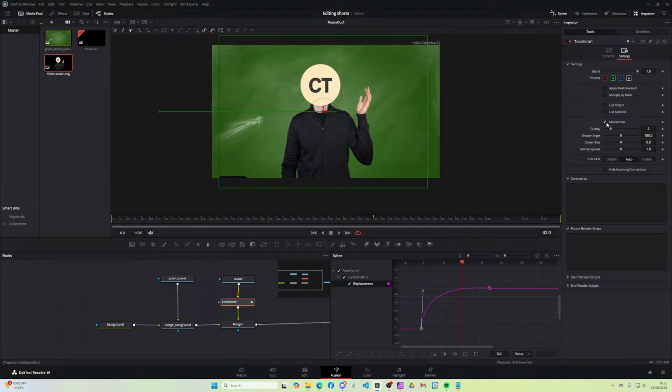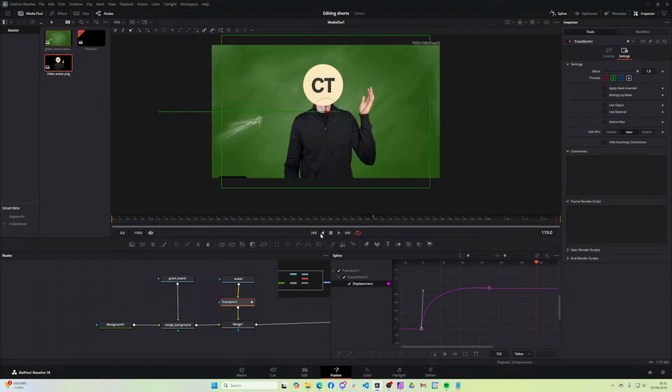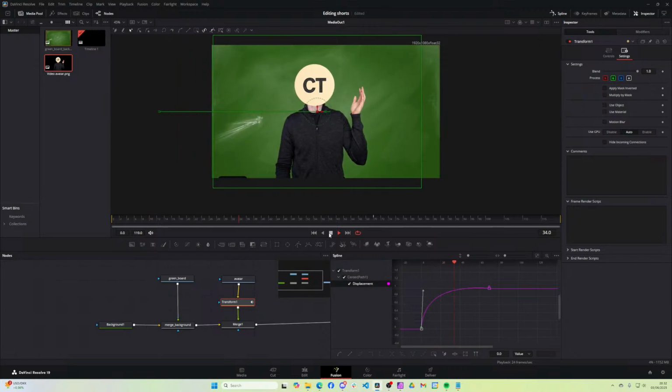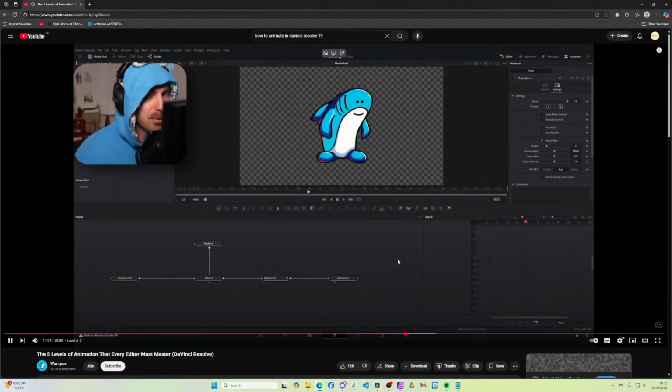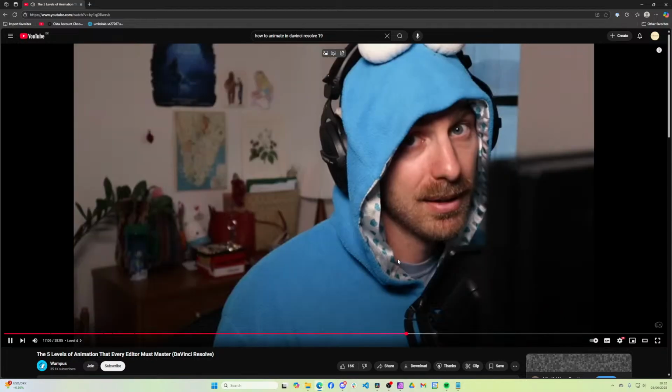I'm personally not too big a fan of motion blur, but it's a good starting point, and we can make it even better. And that takes us to